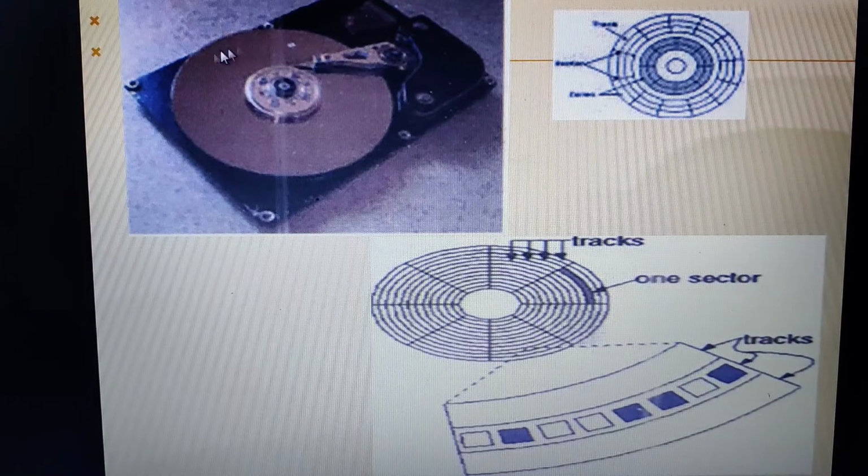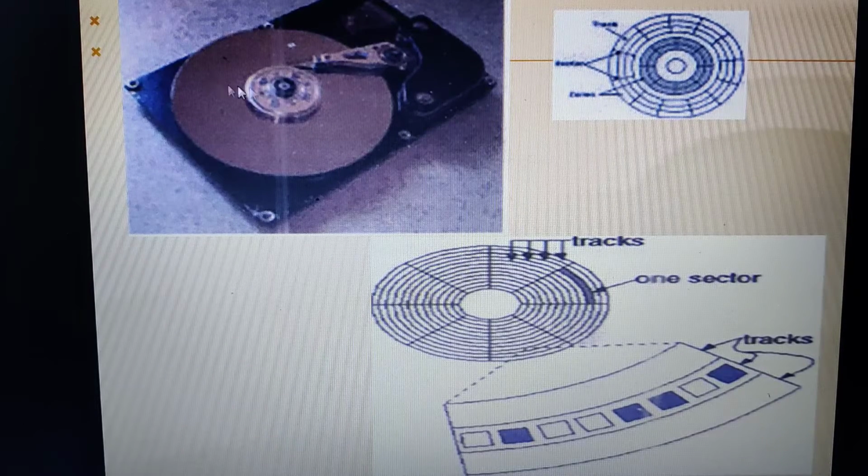You can see here, this is a hard disk. This is an internal view actually. So this hard disk is a type of magnetic disk which allows you to store data onto it. This magnetic disk consists of a high speed rotating surface that is coated with a magnetic recording medium, and it is continuously rotating at high speed. The rotating surface which you are able to see here is a round flat plate.